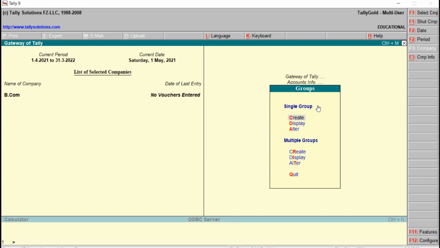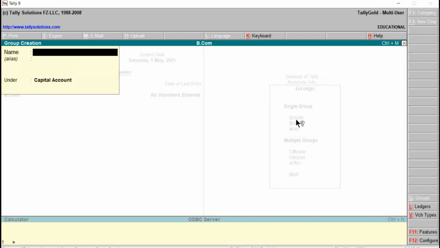Here we can see there are two different modes available. Either we can create the user-defined group in single group or multiple groups also. We will see both ways, but right now we will go to single group. Then here comes Create, and the letter C is in red color, right? Just click on this.